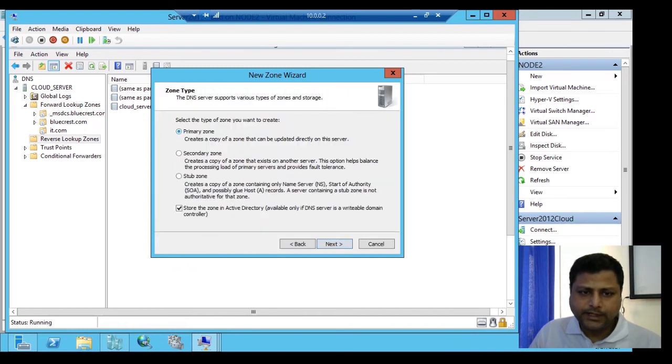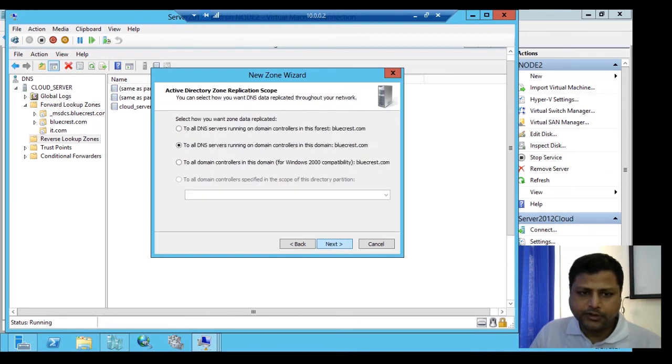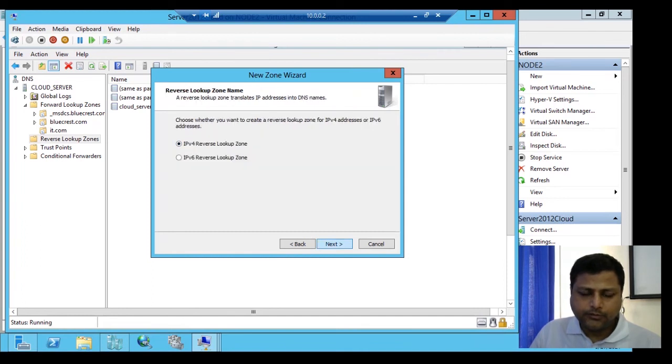We can see that it has already been selected with the primary zone, that is, the radio button, and you can see it is also configured with the Active Directory integrated zone. So when we move to the next, that is, the Active Directory integrated zone, it is already configured under the domain of blockrest.com. So this DNS has been selected, so it is good to go next. We'll move to the next. Now we are configuring here, we have already configured in an IPv4 structure. So now the zone record will be created in IPv4, as per the forward lookup zone we have created a record.